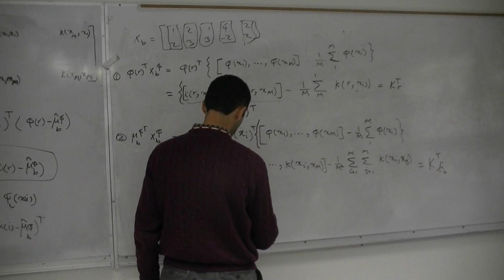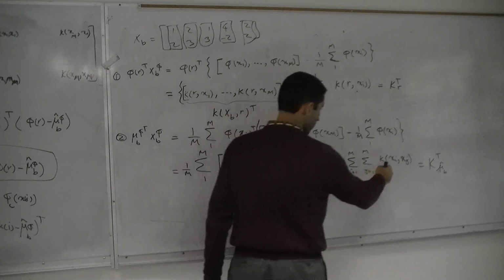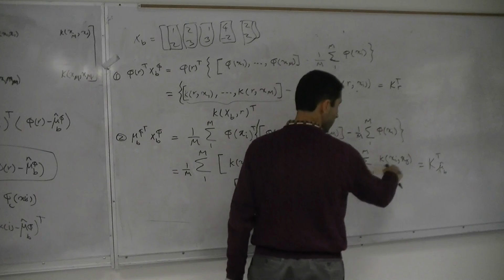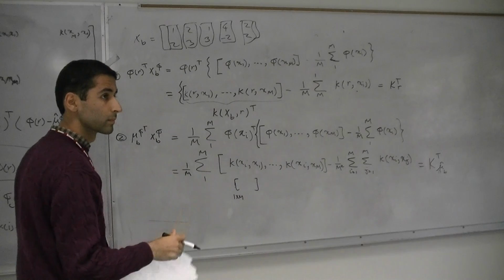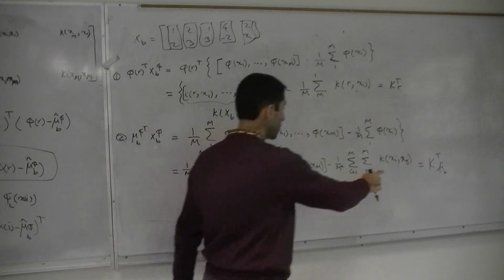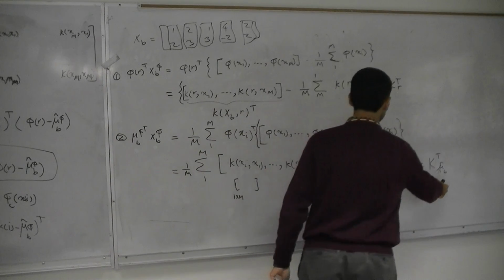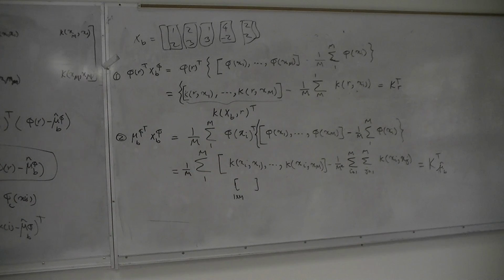For example, 1 to m, and each entry in this matrix must be subtracted from this value. This is only one value. I mean, is the final term a scalar or a vector? The final value is a vector. It's a vector the same size as this one, because we need to subtract these two. No, it's okay. It's okay. Yeah. And if I replace that value,